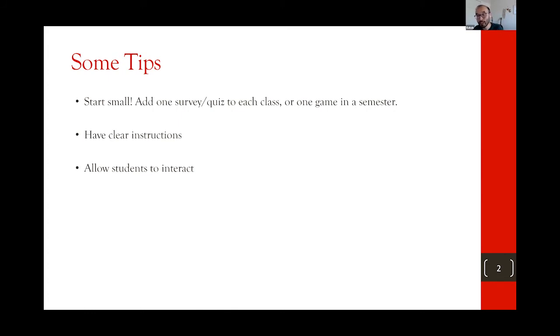And really, as I mentioned at the beginning with the pandemic, students do want to interact. And so I think having interaction, whether it is in the game, or if you're doing surveys and quizzes, maybe have them be able to work with each other. Maybe make it okay for them to talk about the answers together. I do really think that adds a lot to the classroom when they can talk with the people around them about something that we're doing in the class, versus having to sneak talk to the person next to them because the professor doesn't want them discussing. So I do think allowing students to interact really does help.